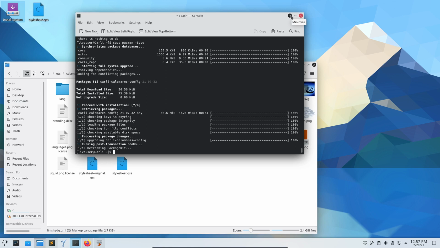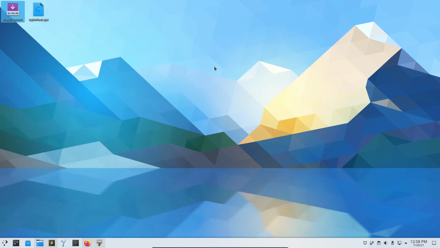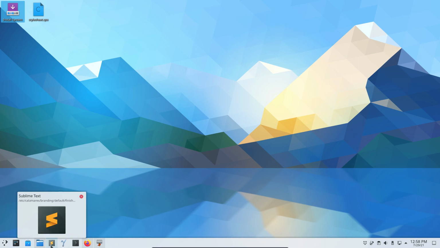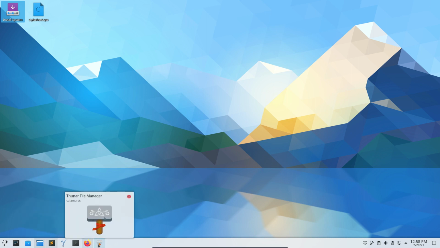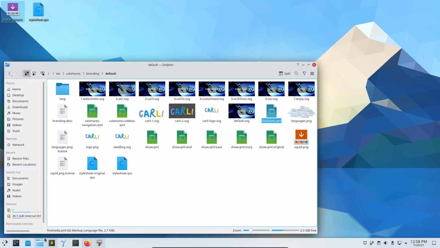I've been working since 7 o'clock this morning, which means I've been at it around 5 hours. What have I done? I just downloaded a new Carli Calamares configuration. Prerequisites. What have I done? I've installed Gamma Ray on this system. I've installed Sublime Text on this system. Firefox is there. Thunar is there to become sudo Thunar and have a look at the Calamares log file, maybe,